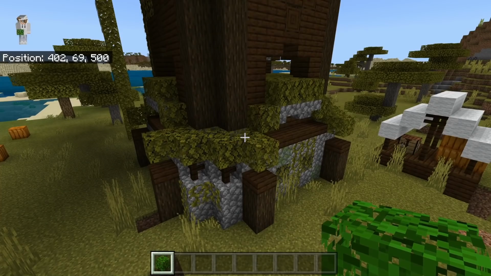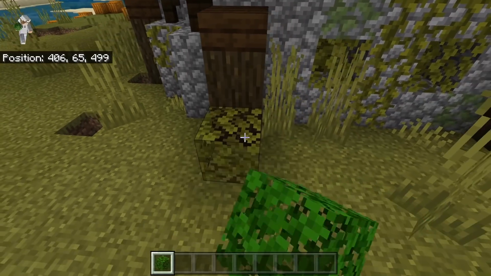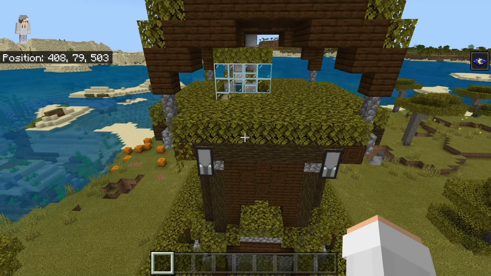After you guys have placed those leaves, cover all ground within 3 blocks of the pillager outpost with leaves. Once you guys are done placing all those leaves, your farm should be looking something like this. I am now going to do a quick fly around so you guys can check and make sure you've made